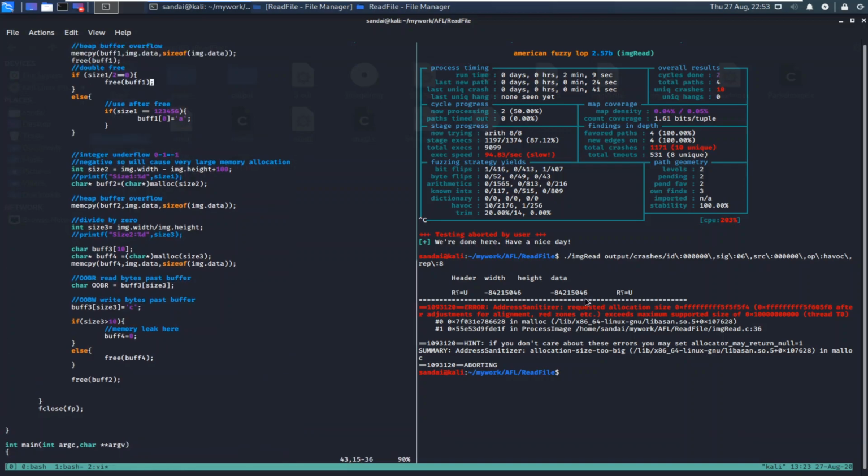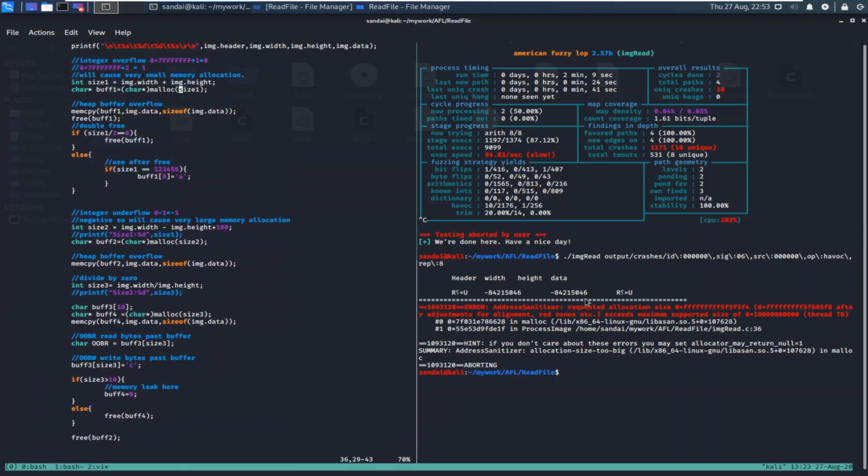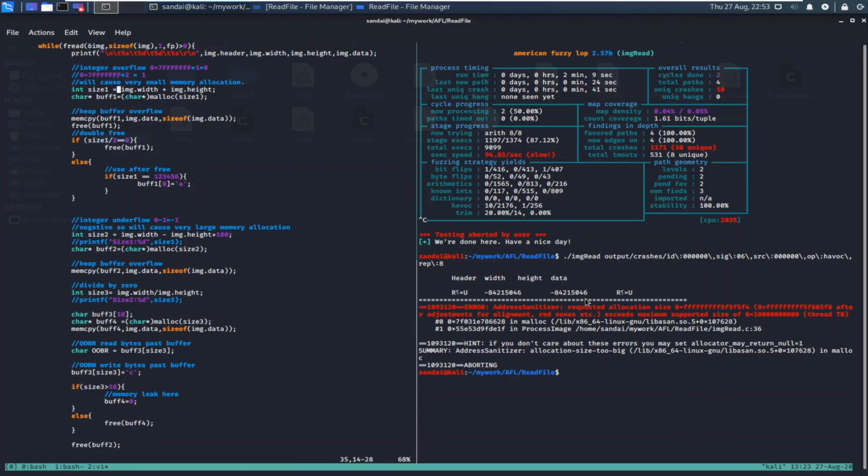Here it is: a very large memory allocation. This is not an integer overflow. Image width and image height are very large values, and that is causing the issue.